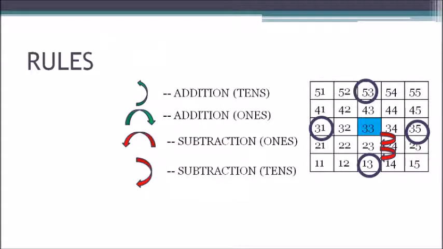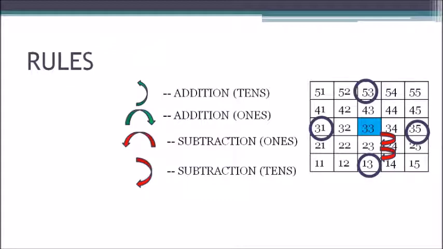So हमें यहाँ से ये पता चला, अगर हमें टेंस का एडिशन करना है, हमें 1 टेंस के लिए 1 स्टेप ऊपर जाना है और 2 टेंस के लिए 2 स्टेप ऊपर जाना है। यहाँ पे जैसे एग्जांपल में हम देख सकते हैं 33 से हम अगर 2 टेंस ऐड करेंगे तो 2 स्टेप ऊपर जाके हम कहाँ पहुंचेंगे, 53 पे। ऐसे ही अगर हम 2 वंस के एडिशन की बात करेंगे, तो 2 वंस ऐड करके हम 33 में हमें क्या करना पड़ेगा, 2 स्टेप टुवर्ड्स राइट जाना पड़ेगा, तो हम 35 को पहुंच जाएंगे।